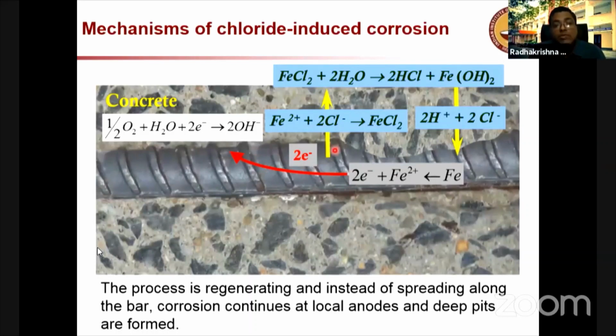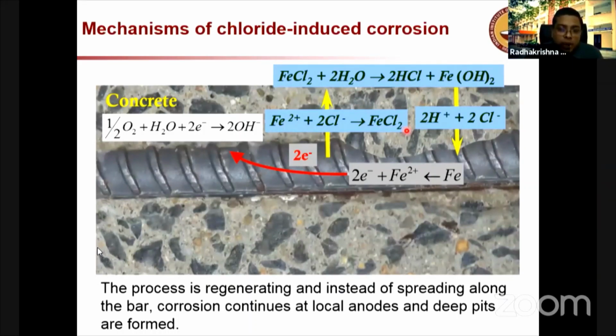Especially when we talk about the highly resistive concretes which we have today, we call them microcells. In an older type of concrete, where you have very low resistive concrete, you can have macrocells, which can also happen between two rebars. Okay, anyway, the point on this slide is that when chloride-induced corrosion starts, the same